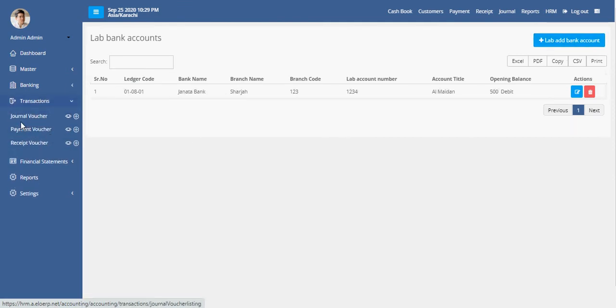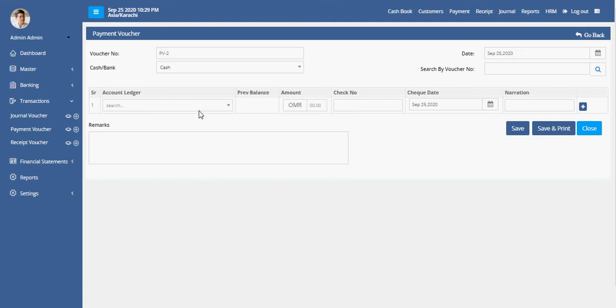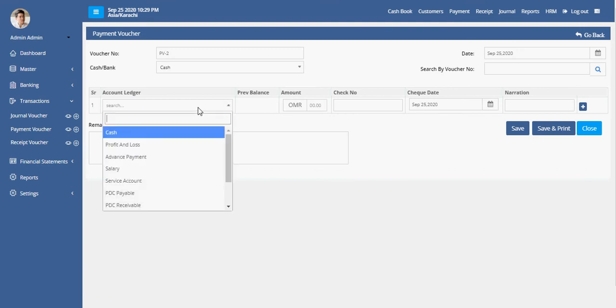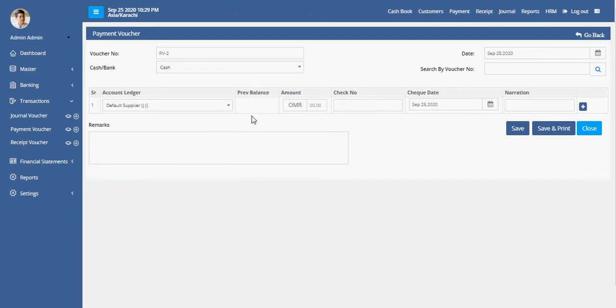In the transaction, there are 3 types of vouchers: payment voucher, receipt voucher or general voucher. If we are making some payments, if it's the payment of the supplier, let's say this, and we add some amount, from payment voucher we have to choose cash or bank.